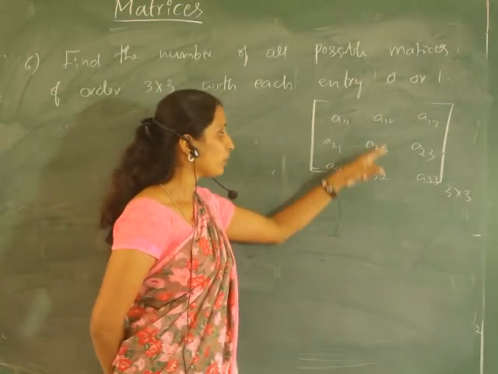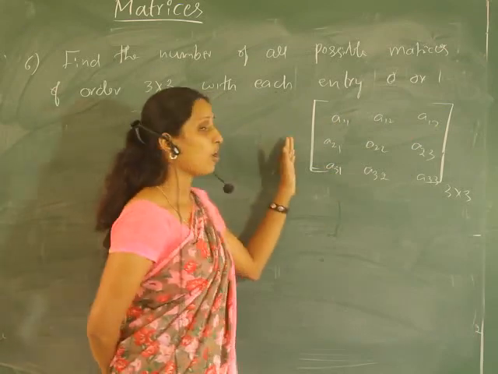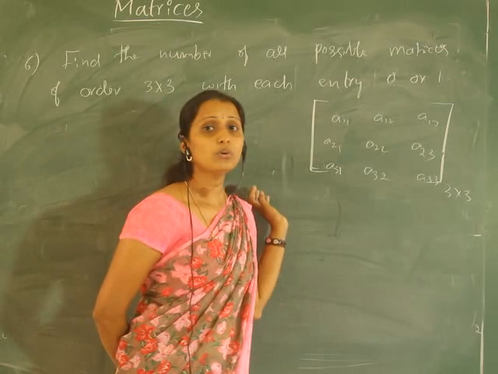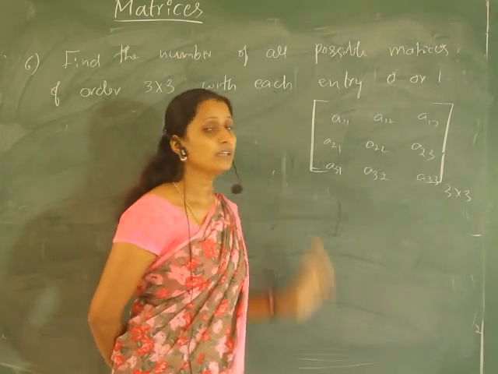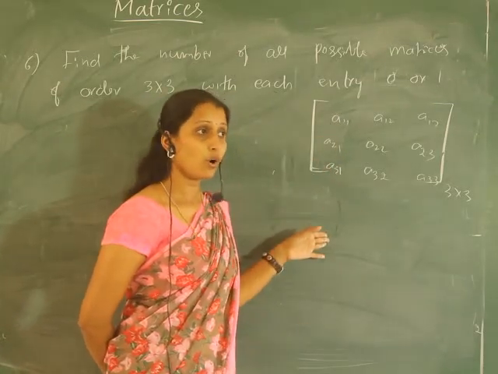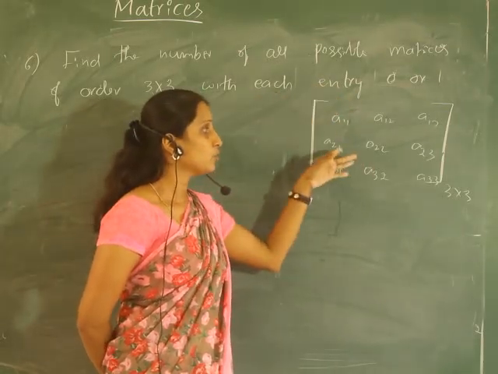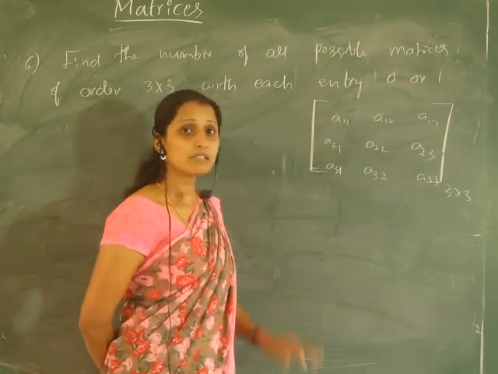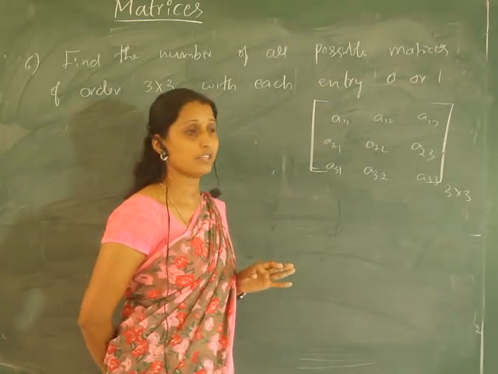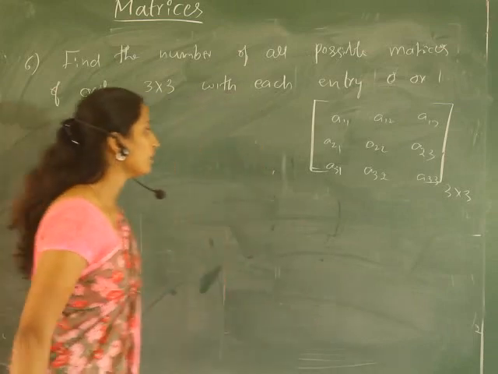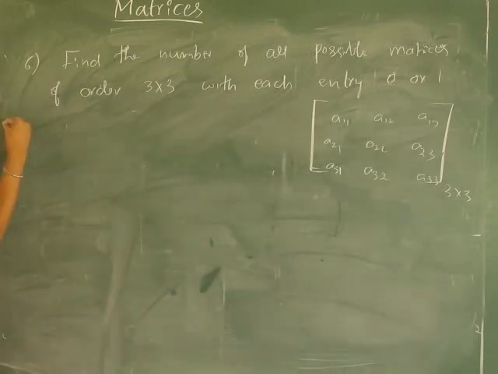Therefore, the total number of possible matrices of order 3 by 3 with entries 0 or 1 is 2 to the power 9, because it is a permutation of two objects in 9 places with repetition. It is not without repetition, it is with repetition. Therefore, we can write the answer as,